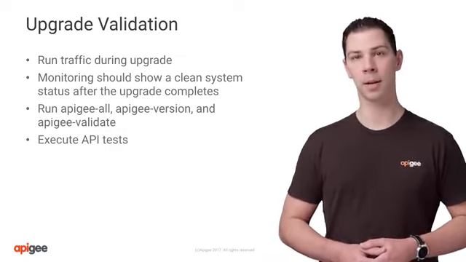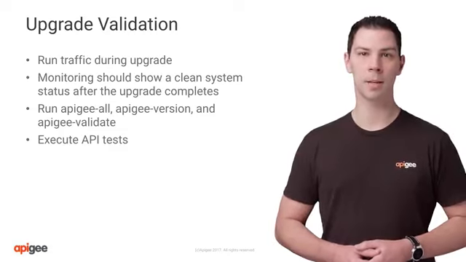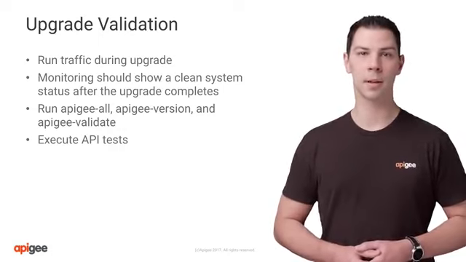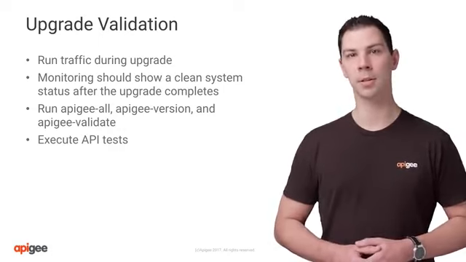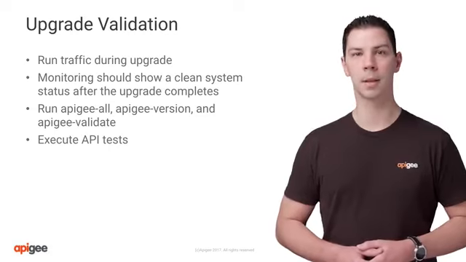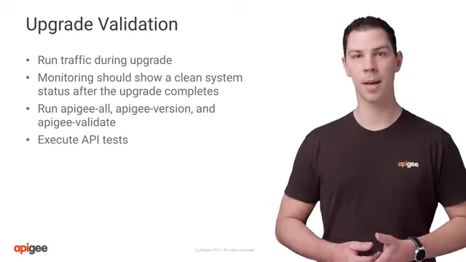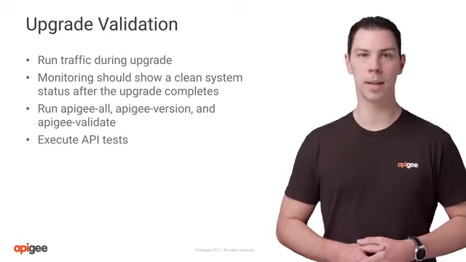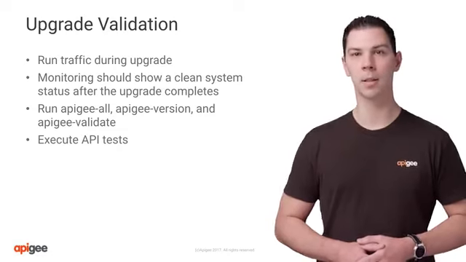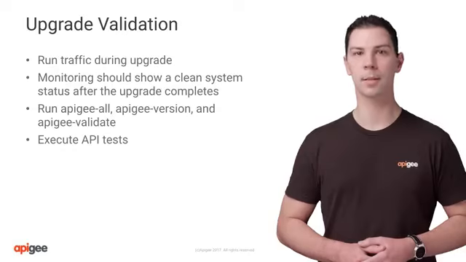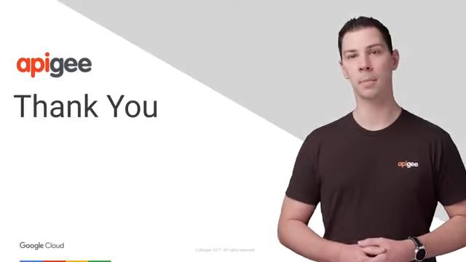You can optionally run apigee-validate to ensure that the management API and underlying services are functioning normally. For details on how to run apigee-validate, see the validation lesson of the installation course. Finally, you should run your API test suites after the installation is complete, both to test the health of the platform and to catch any regressions or incompatibilities in API proxy code between versions. This is particularly important in non-production, since you will want to identify and fix any issues prior to upgrading production. For more information on this topic, refer to our